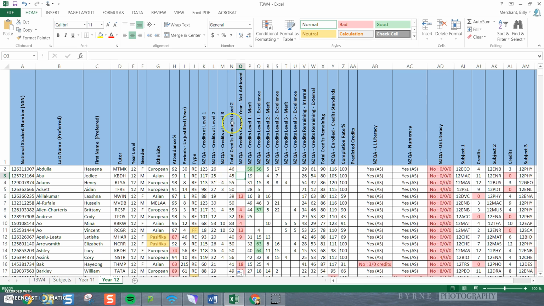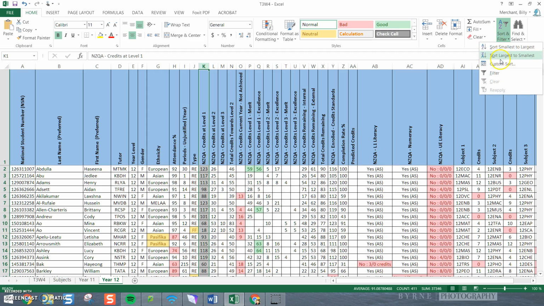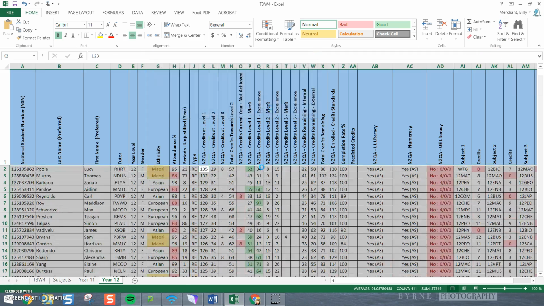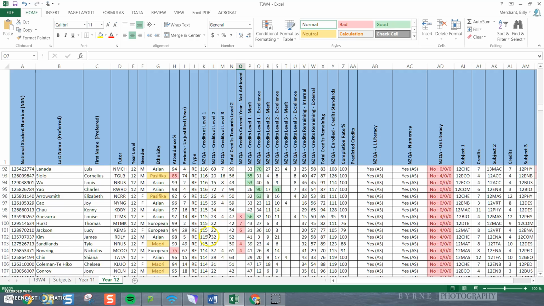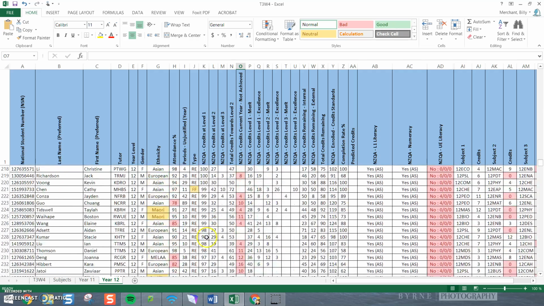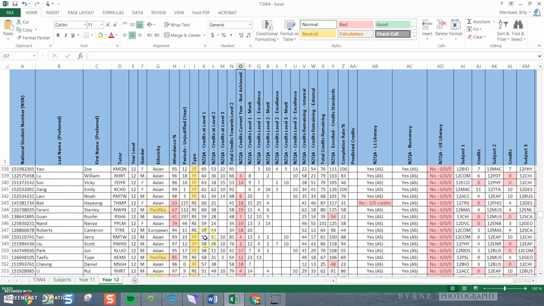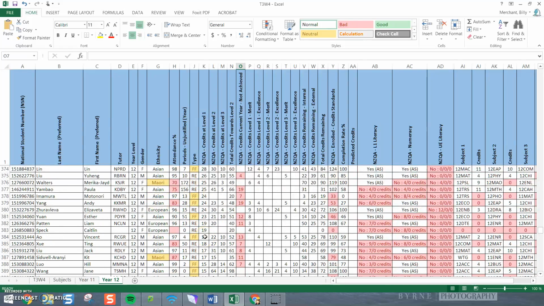So all we need to quickly do, we can go into here. I'll go for largest to smallest. So I can just scroll down here and wait till I get to the 20s. For example, there's people down here with less than 20, so we don't want to carry those across. So that's the formula here that basically says that I'm adding 20, which is okay when they've got 23, but this person's got 19. So I just do a quick workaround